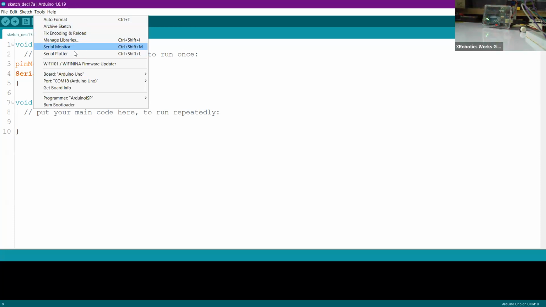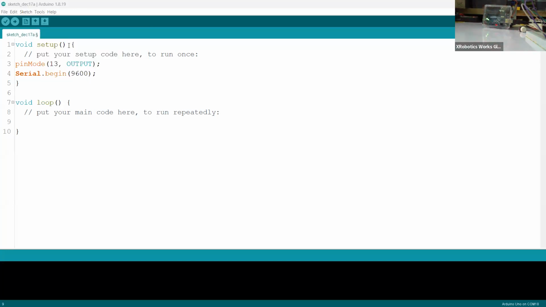Under the tools section, you will find several options, several buttons. One of the features we are going to see is the serial monitor. For now, you can see nothing is coming in the serial monitor. If you click on 9600, still nothing is coming in our serial monitor. But the time we will write the